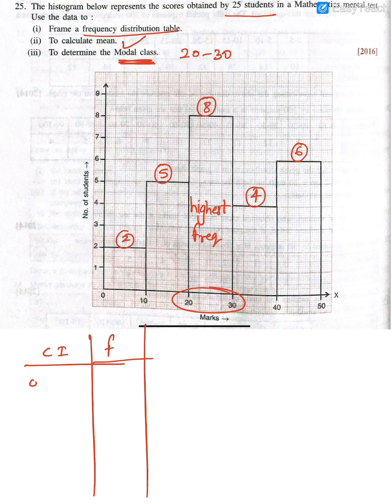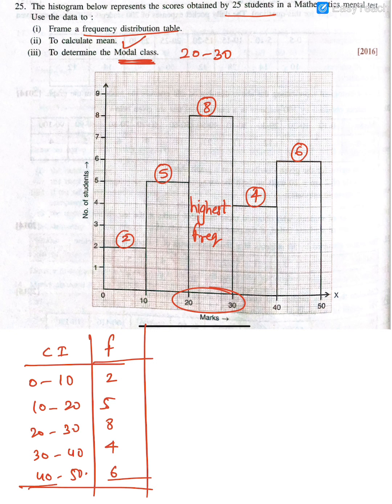Okay, so these intervals will be what? 0 to 10, 10 to 20, 20 to 30, 30 to 40, and then so on till 50. And what will be these numbers? 2, 5, 8, 4, and 6. And then find the mean. Guys, I'll give the answer for this. Wait, I'll just check the answer from behind and tell you, so you can try solving this problem. So your answer should come 27.8 when you solve it.